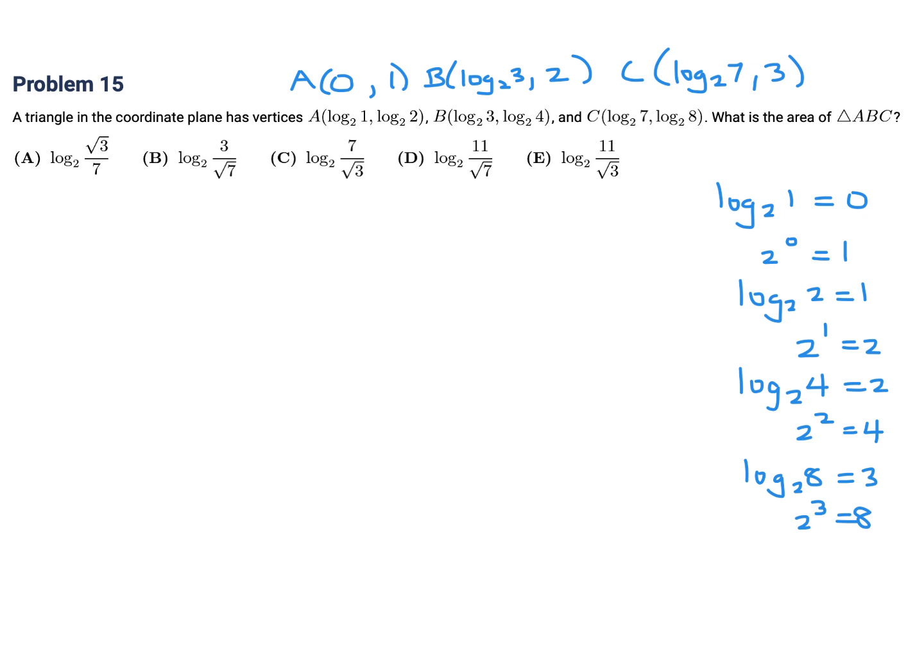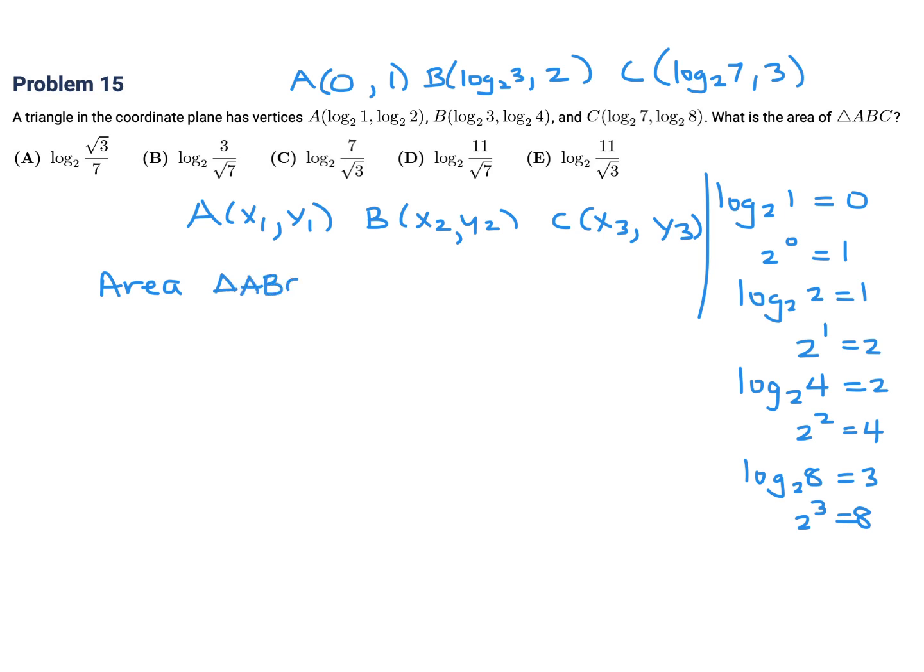Now what do they want? They want the area. Oh boy. If it was just numbers, it would be easier, and I could just use Heron's formula or something. But this is not numbers. Okay, no problem. I think I can still do it. There's a formula. If you have 3 points, (x1, y1), (x2, y2), and (x3, y3), there's a formula that says the area of that triangle